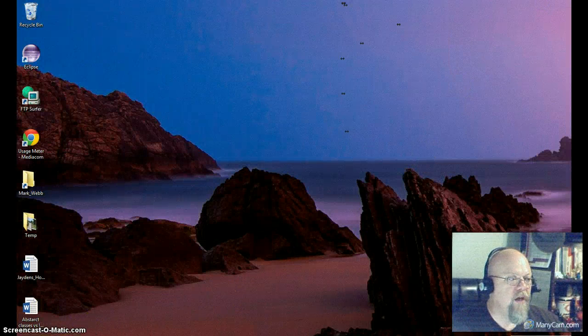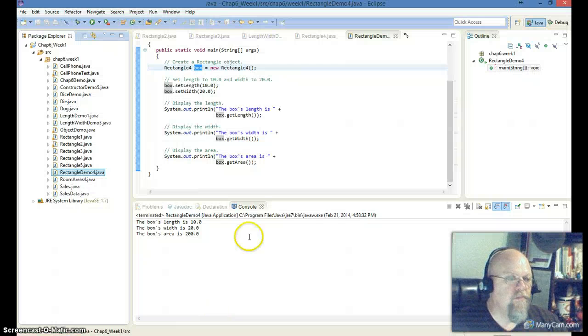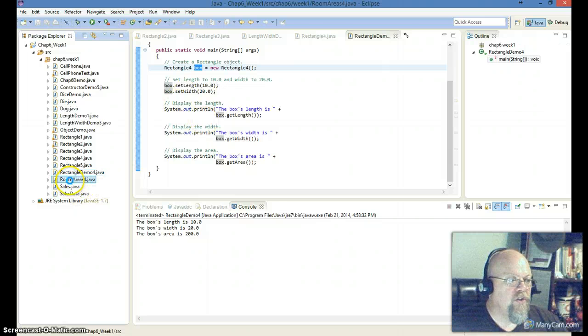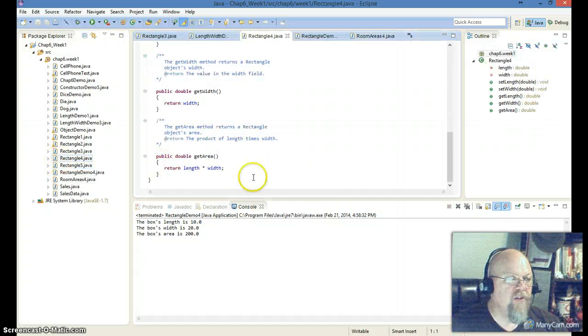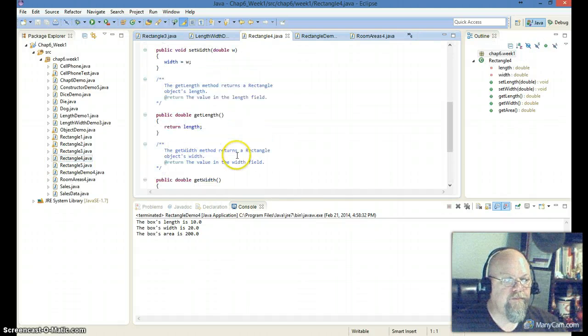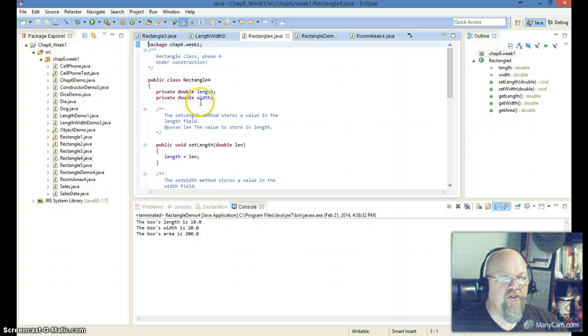So here's room area. It's a void main. We've got rectangle 4, rectangle 4, rectangle 4, so we're using a rectangle 4 class. Let me bring that up. So here's rectangle 4, and here are my two fields at the top. Those are called instance variables. Okay, they exist only during the instantiation of that particular class. We instantiate it and then place it into an object. Okay,